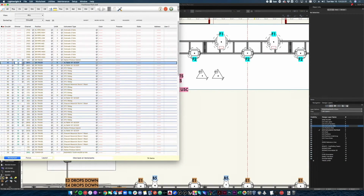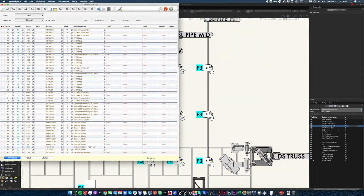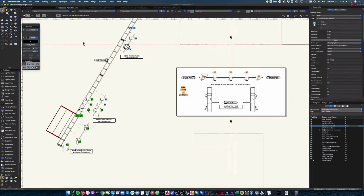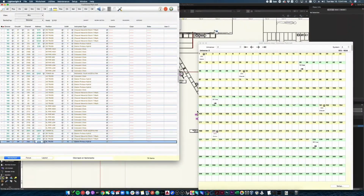We use Lightwrite, and then we don't use Lightwrite like a lot of people use Lightwrite. Lightwrite can do everything. It can do all kinds of pre-production paperwork. It can talk to EOS. It can do all of those things. I use Lightwrite more as kind of like a plugin for Vectorworks is the way I like to describe it. So I use it to edit a lot of my data at once because the communication works pretty well back and forth. And then I pull all that data once I'm ready to actually generate my plots into a program